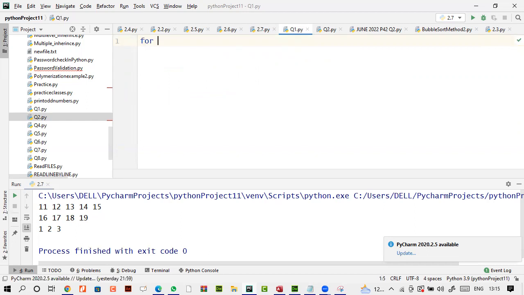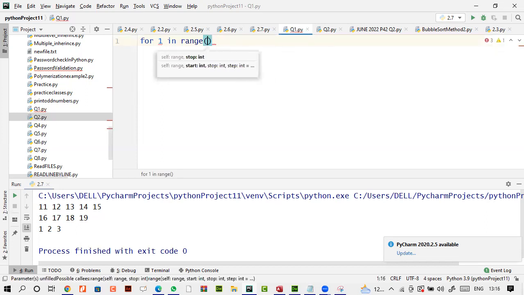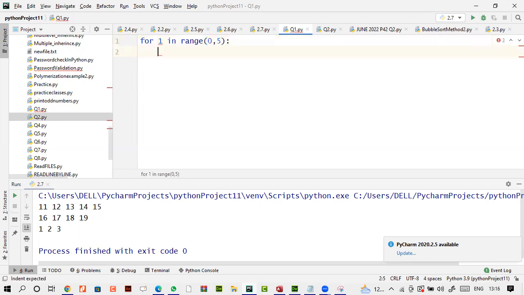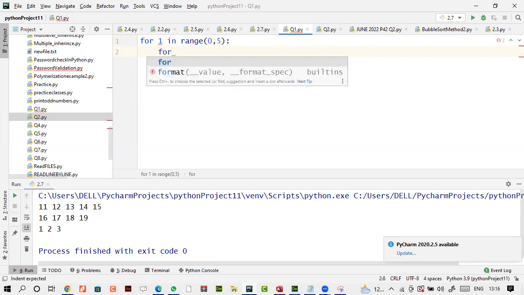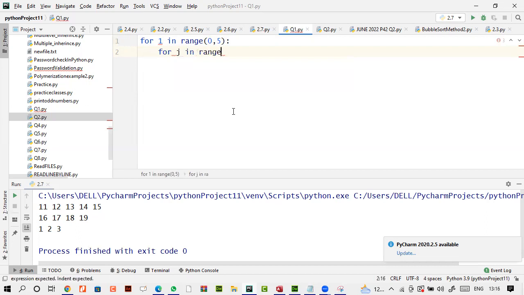मैं कहता हूँ, let's say for i in range, और इसको हम define कर देते हैं 0 to 5. So I want to make a triangle, or इसमें I will use is a nested for loop. Okay. And for let's say j in range, and let's use the range